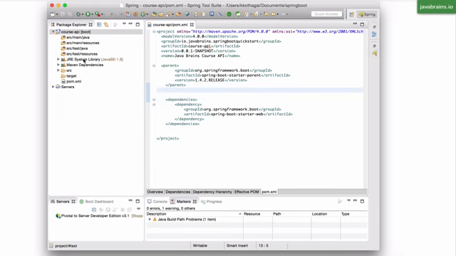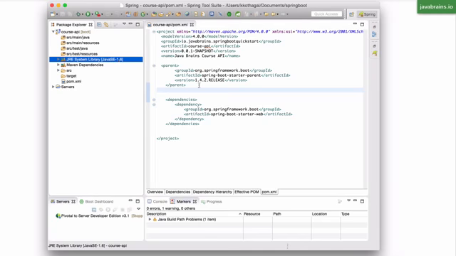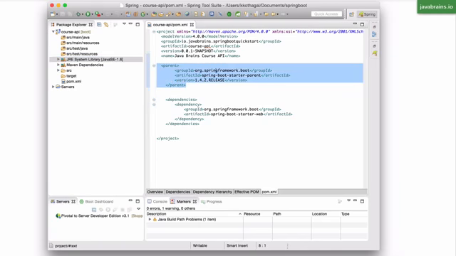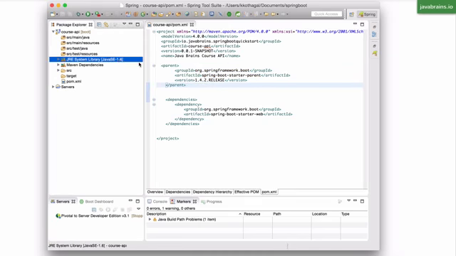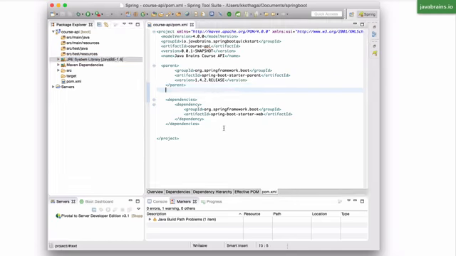Now, another thing you might have noticed is that the JRE library was 1.5, but it's been updated to 1.6 because that's again a configuration that we are importing from the Spring Boot parent. Now what if we don't like 1.6? 1.6 is ancient, right? We want the latest version of JDK, which as of me recording this video today, is 1.8. Now how do I specify that I need 1.8 as the Java version? Another configuration for this, just step 3. I'm going to paste this code, which is basically a properties section, and I can define a property called java.version and make that 1.8. If I were to save this and have Maven do its thing,